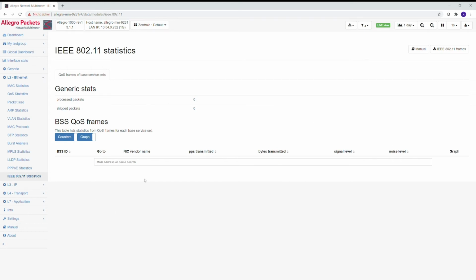So by this module, you can see, oh, that MAC address had this signal level and this noise level, which gets reported. And you can go back and see with the Allegro what was the quality of the Wi-Fi link if you get the capture of it. The good thing here is, again, it works also with PCAPs. So if you have a PCAP of the Cisco access point, you can use it.